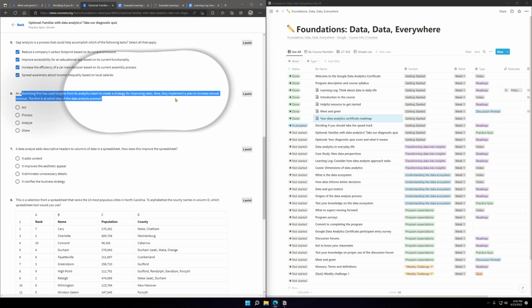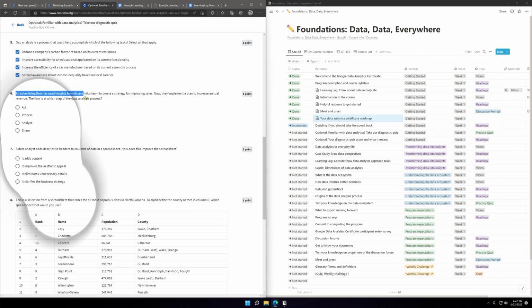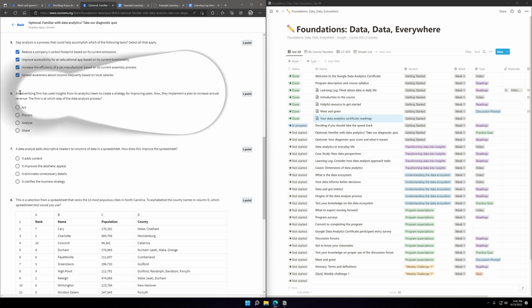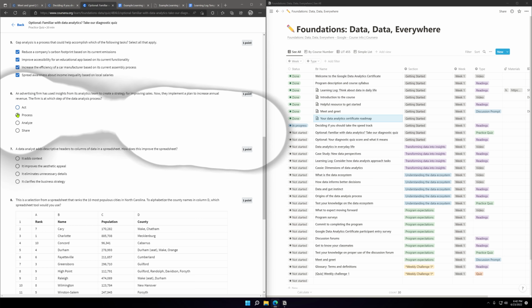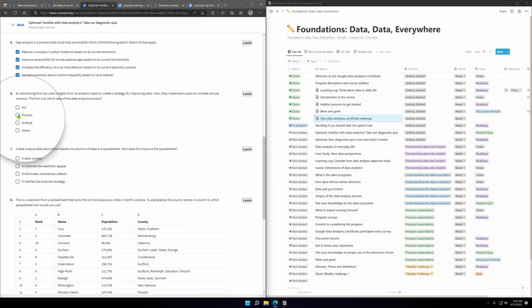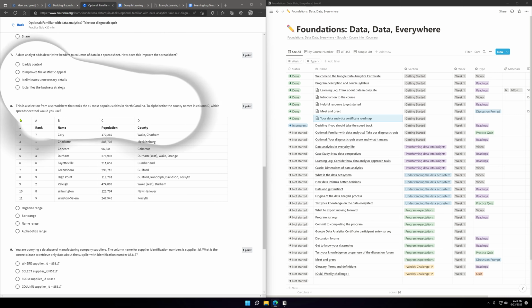But I don't really care what my score is here. Implement a plan to increase. Okay, I think act sounds right. Implement sounds like something that is an act. This is like processing data. Okay, I'm just gonna go with that.